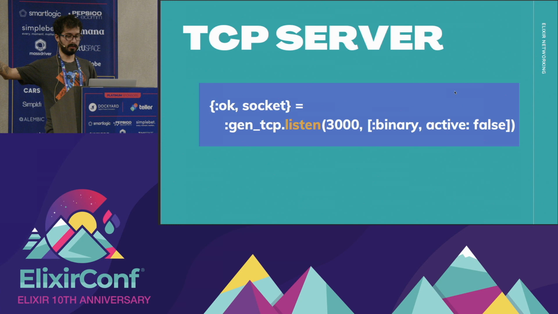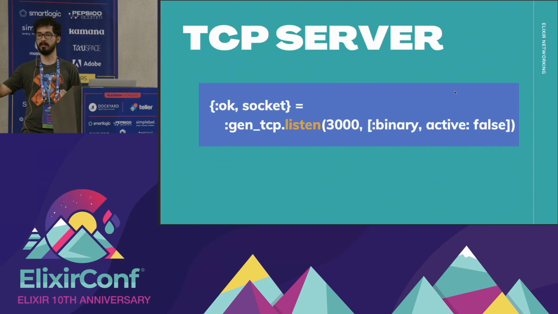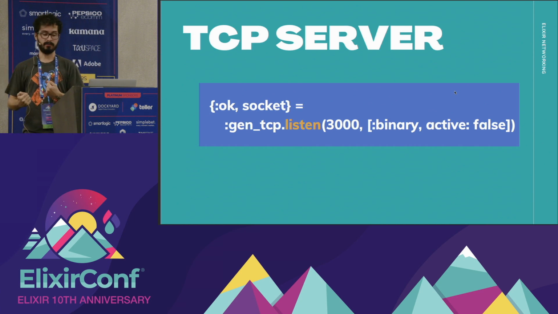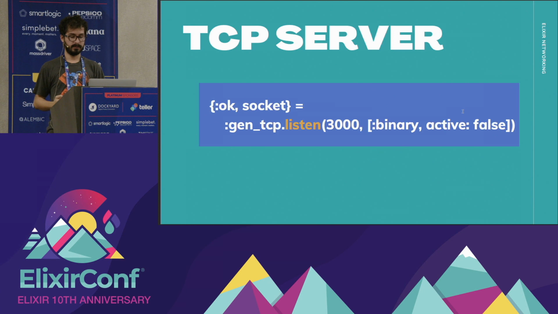It's going to be binary, so we receive all the data as a string, and it's going to be active false, which means I want to receive the data using the receive function. Every time I call gen_tcp.receive, I'm actually saying, give me the information. And if I set active true instead of active false, what would happen is